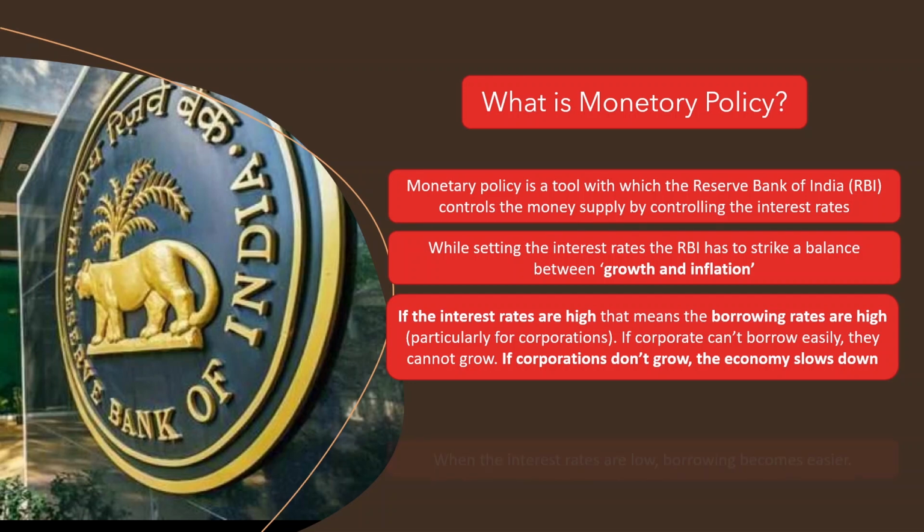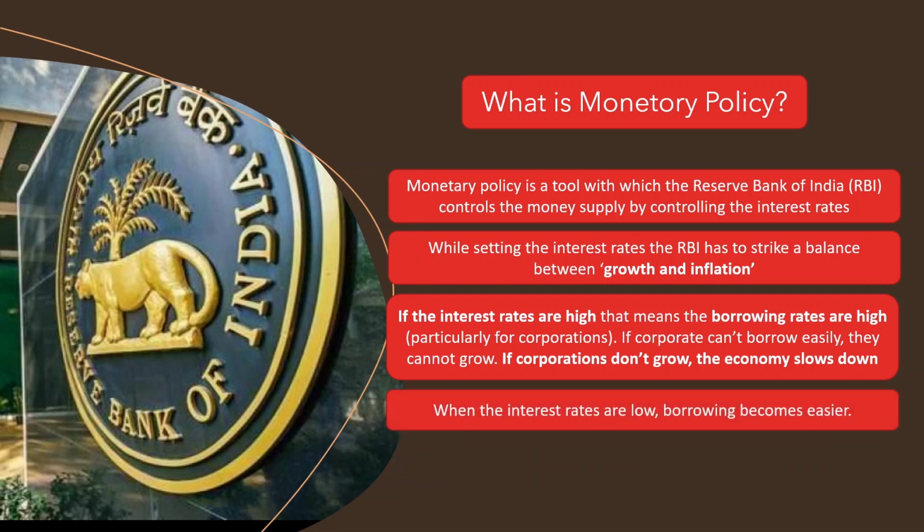On the other hand, when the interest rates are low, the borrowing becomes easier. This translates to more money in the hands of the corporations and consumers. With more money, there is increased spending, which means the sellers tend to increase prices, leading to inflation. So, friends, in order to strike a balance, the RBI has to consider all the factors and should carefully set few key rates. Any imbalance in these rates can lead to economic chaos.